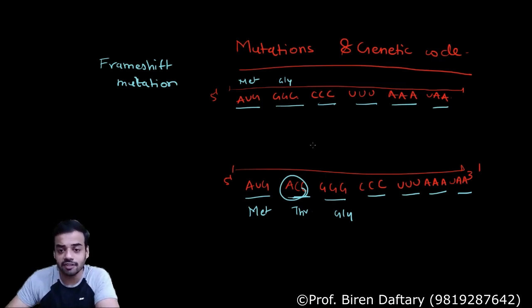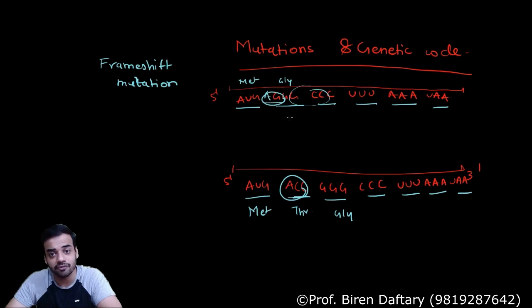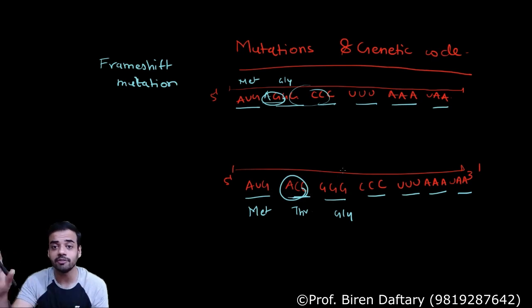Frame shift mutation is when the reading frame of a codon will shift, and because of that the original codon which you are reading will change into something else because the frame has shifted. For example, if I add something over here, suppose I add A, then the frame will be AGG, then it will be GCC. That is frame shift. It can occur because of addition or deletion of more than 3 or less than 3 nucleotides. If I insert 3 nucleotides, sorry, not codons, nucleotides, in between 2 codons, there will be no frame shift. The reading frame will remain the same.